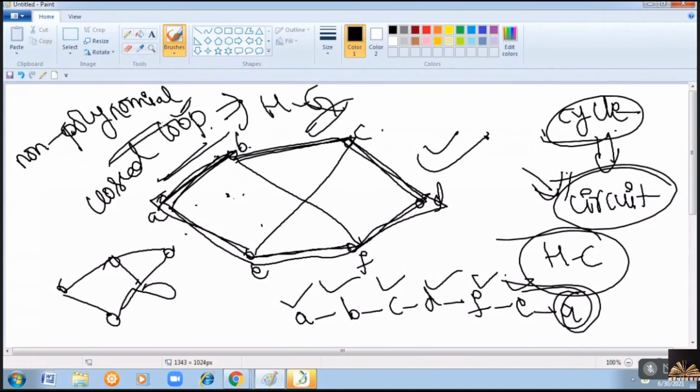That is known as a non-polynomial problem. The Euler graph is a polynomial problem. Why? Because if you find the degrees of the vertices, surely you will get the answer. But that is not possible with non-polynomial problems. So Hamilton graphs are non-polynomial problems. Euler graphs are polynomial problems. Is it clear? So this is about today's session. In the next class, I'll start one more important topic, that is the shortest path problem.